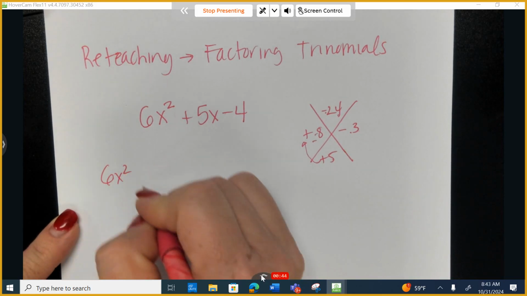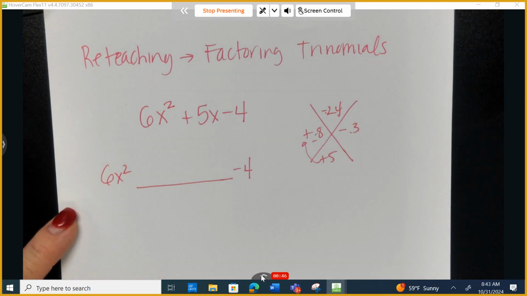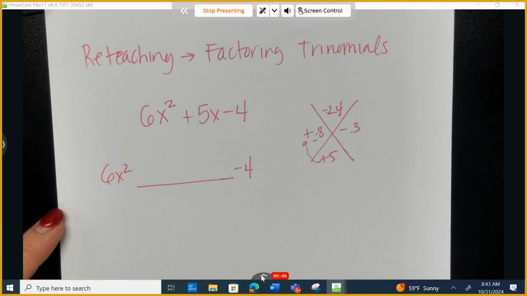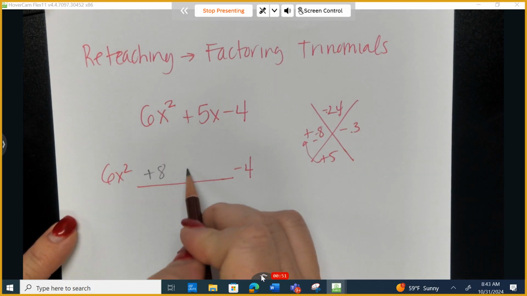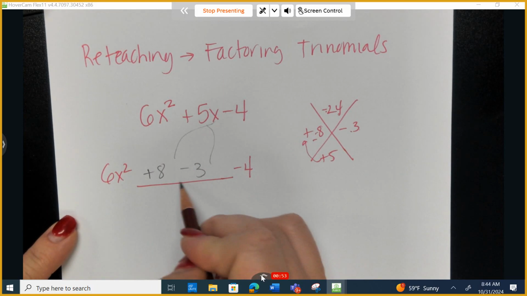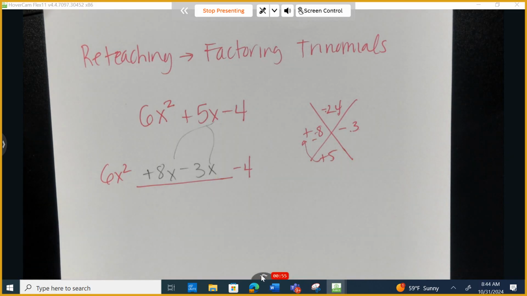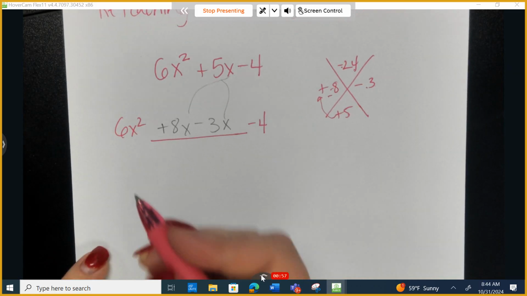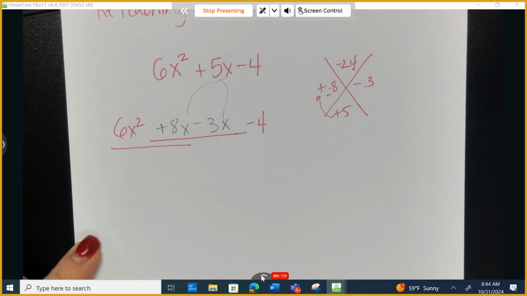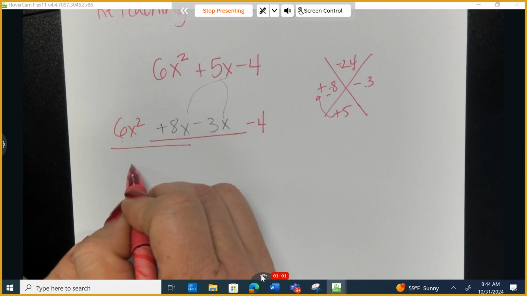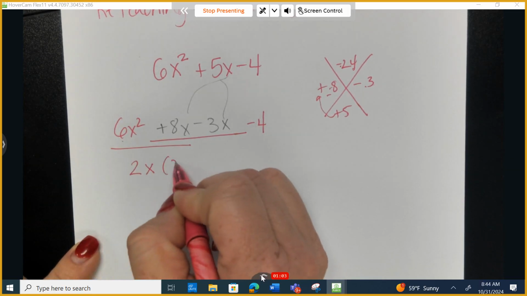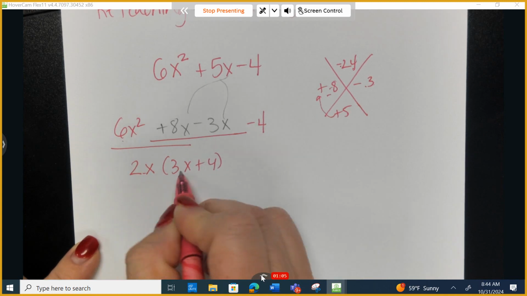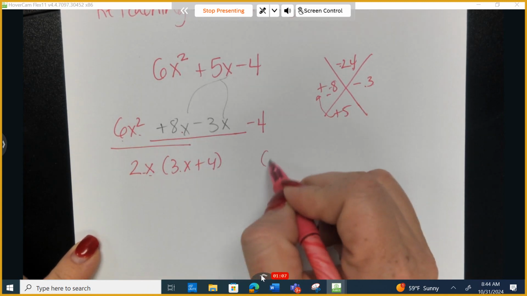I'm going to drop down the a and drop down the c, and in the middle, not only am I going to put the two numbers I chose, I need to put an x with them as well. Okay, let's go ahead and use factoring by grouping in order to finish factoring this. I can factor out at most a 2x, and I'd be left with 3x plus 4. There's 6x squared plus 8x. I rewrite